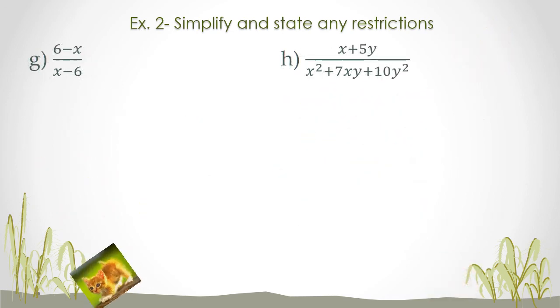G and H. These are our last two examples. I know this lesson's a little bit longer. I've had some digressions. So by now, we know factor, okay? Now G is weird. It looks the same, but it's really not the same. So if we were to rewrite this, let's just,